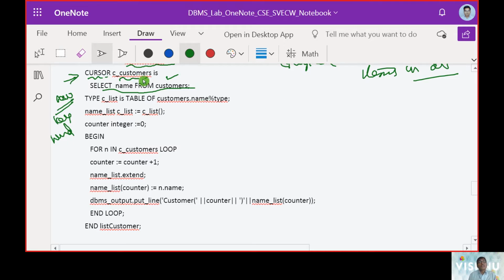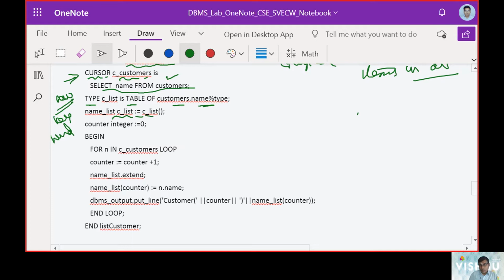The name of the cursor was C underscore customer, and it is assigned with a SQL command here, and it is of a type which takes up the name from the table called customers, with the same data type as the name, and it checks whether the list is completely taken or not.